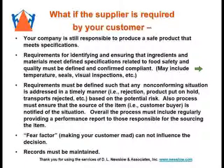to be on receiving. Make sure, like for instance, if it's a frozen product, they might have one of those temperature evaluation little stickers or something on each pallet, and it would be your responsibility to review it to make sure that in transit the product had definitely been kept at the required temperatures, frozen or whatever. Visual inspections of the seals on the trucks. There's many different things depending on the item and your program that you can do on the receiving end of